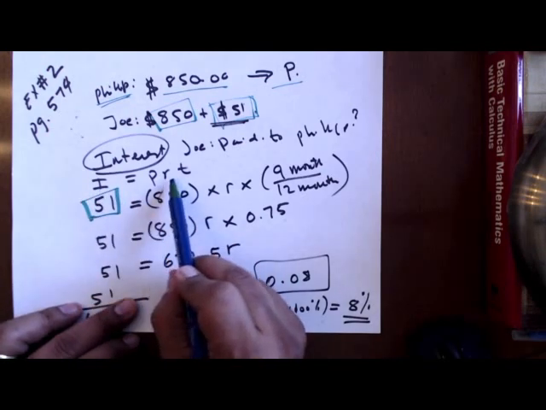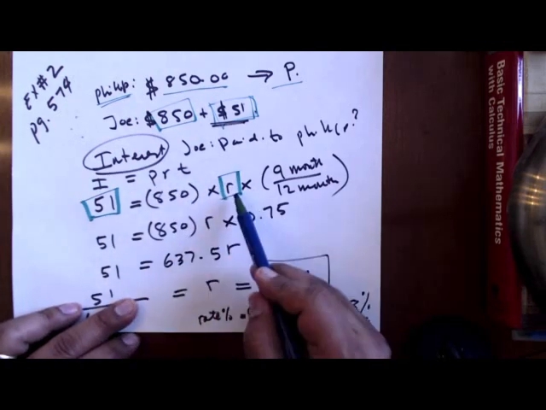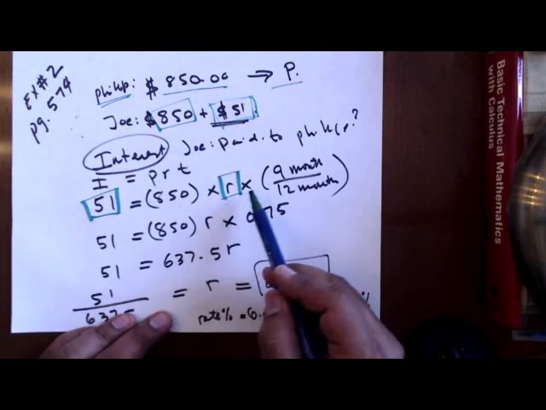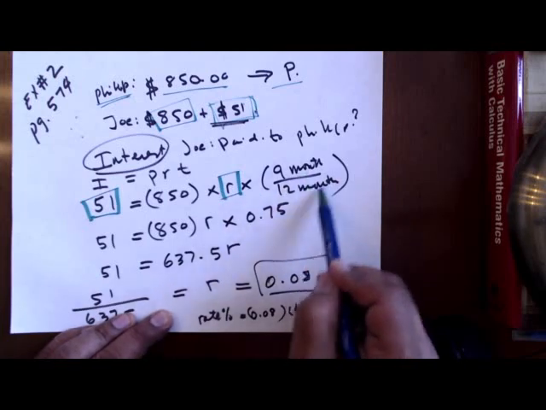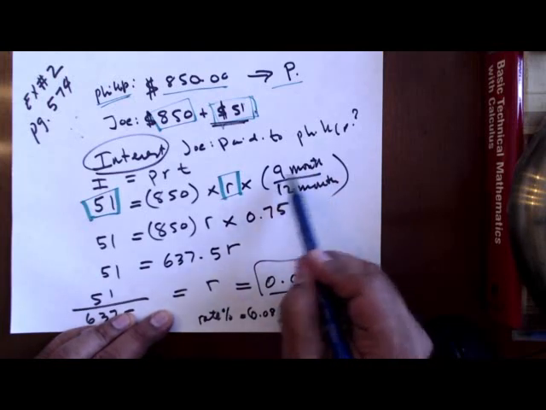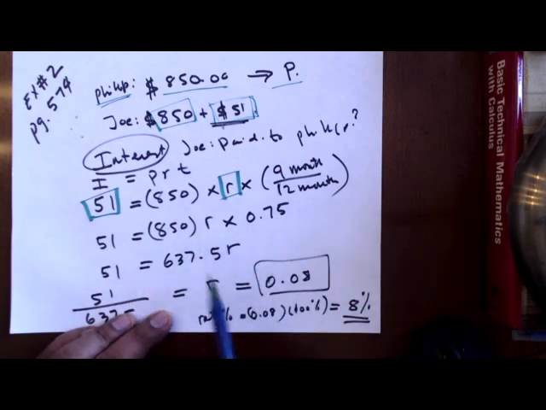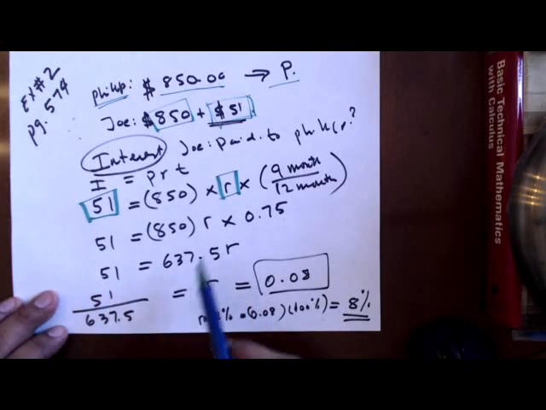We use the same formula here, and we're trying to find out what the rate is. But remember, the rate for us has to be given in percentage. And the time here is 9 months over 12 months, so this is converted into years, 0.75 year. And doing the calculation, we find that